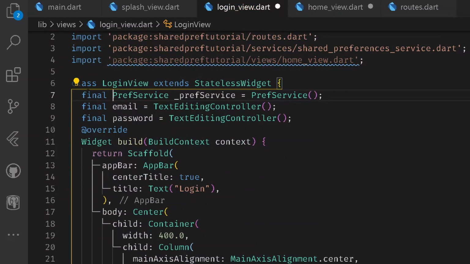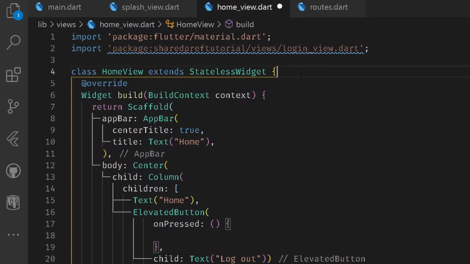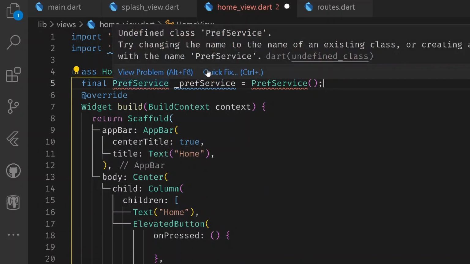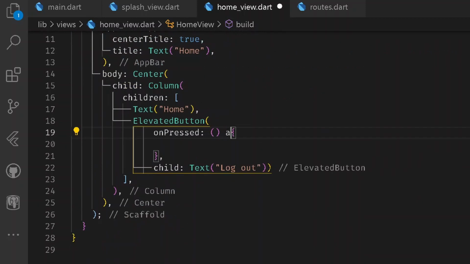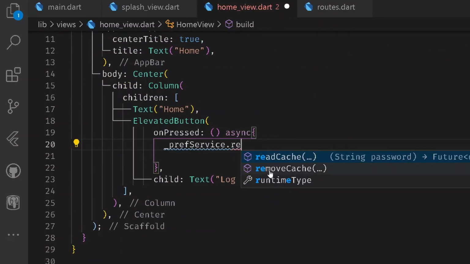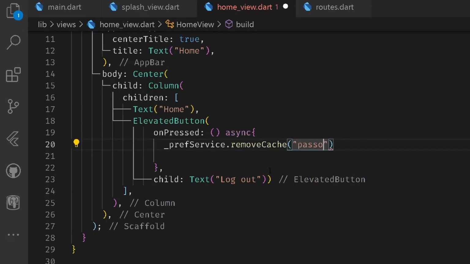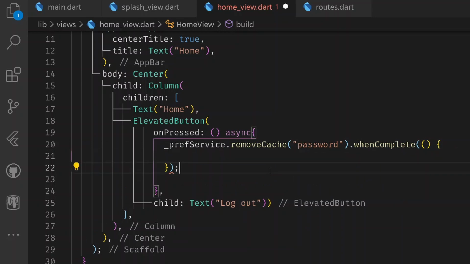Let's make this final, and here I can copy the following piece of line, go back under my home view and paste it here. Let's import our pref file, and here let's copy our pref service. Let's make the following process asynchronous, and here I can simply say pref service dot remove my cache of nothing but simply the password, and when the following process is completed, we will be navigated back to